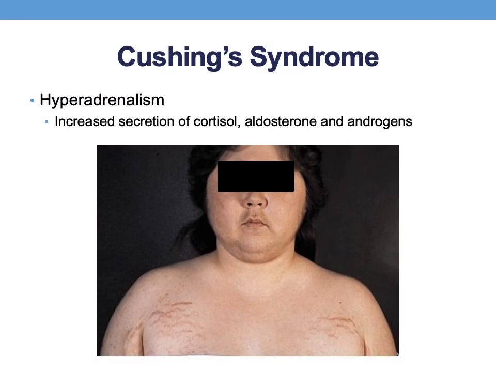Cushing's syndrome. This is hyperadrenalism. So you've got increased secretion of cortisol, aldosterone, and androgens. This image of a female who has Cushing's syndrome is a classic image. You'll see the round face. They have what's called a moon face because of accumulation of edema